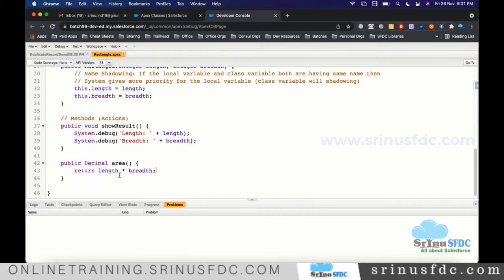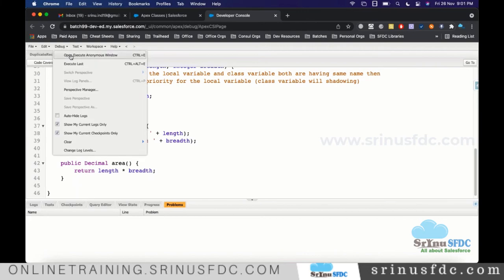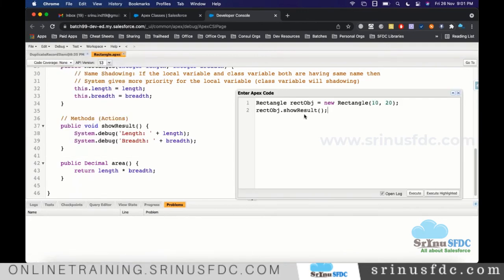Now let's call it and see. The show result method is going to print statements in the log, but it is not going to return anything.